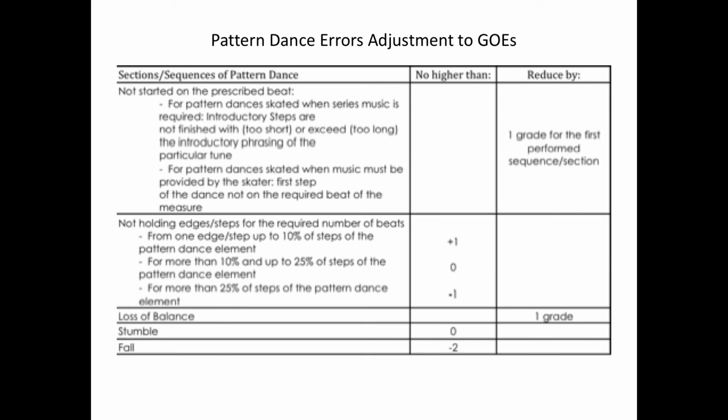You think it's really great, but they were holding steps for the wrong number of beats. At 10% of the steps, you can't give it a +2. And then you look at 10% to 25% or 25% or more. I'll give you an example. If we looked at a rumba,